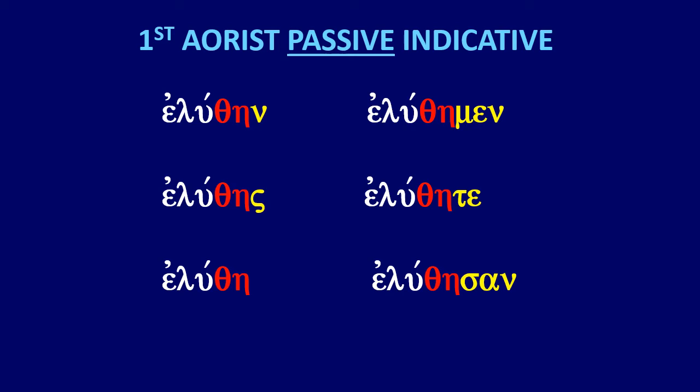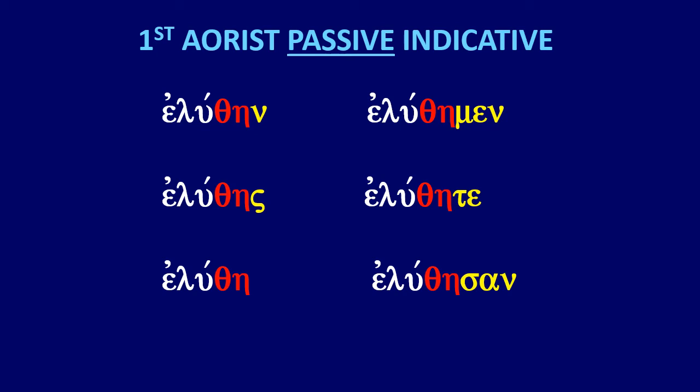Just like the first aorist active voice and middle voice had the sigma after the stem of the word as a tense sign indicator, letting you know it's aorist tense, this is similar in the sense that it's indicating for you that this is first aorist